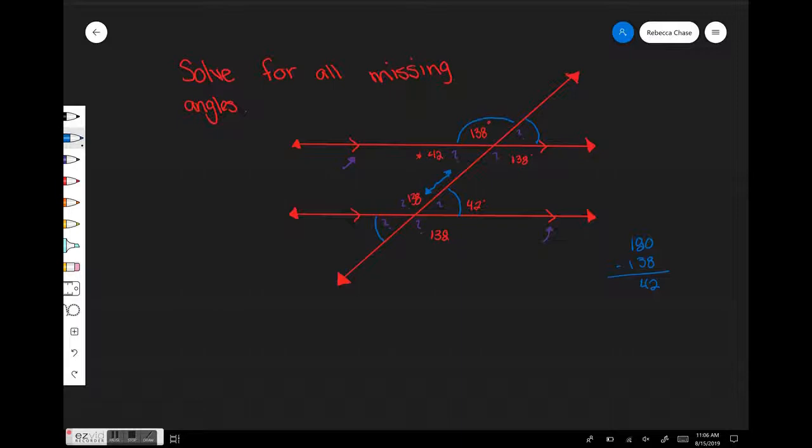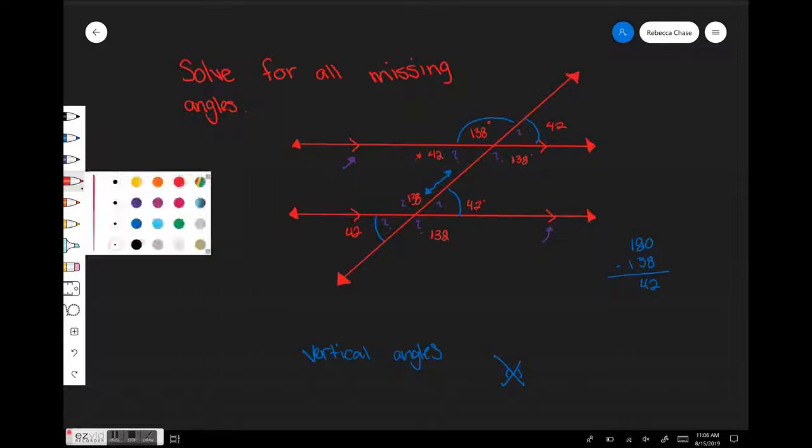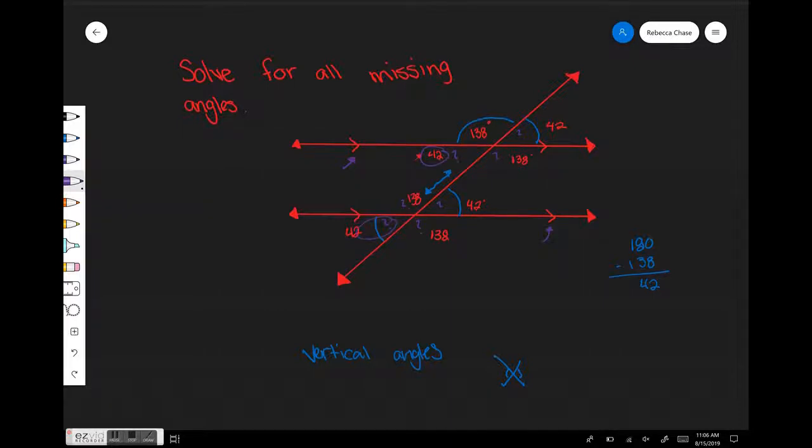All right, now I'm going to mention an old rule that we learned a little bit ago, okay? Vertical angles. That means when two lines cross, the angles that are across from each other are equal. So if I know that this angle right here in the bottom left is 42, then this one has to be 42. And the same thing here. Or I could have used corresponding angles and said that this angle has to be equal to this angle, so it has to be 42. All right, see, there's so many different ways for you guys to use the rules above and even use rules that we've already learned when it comes to vertical angles and supplementary angles.